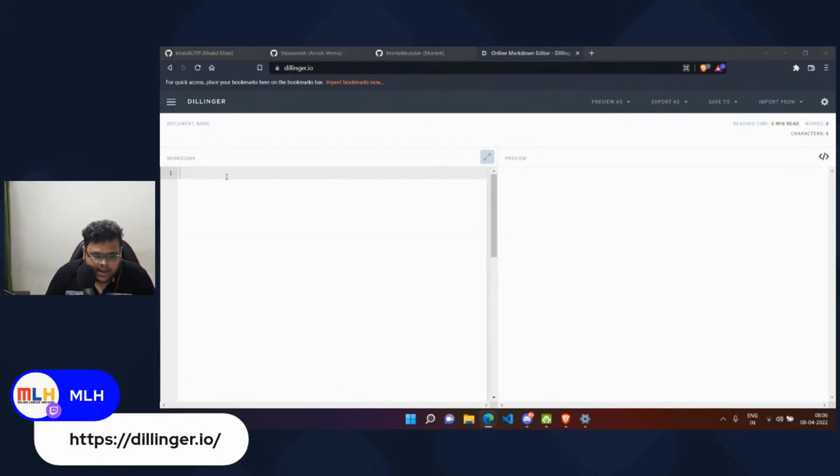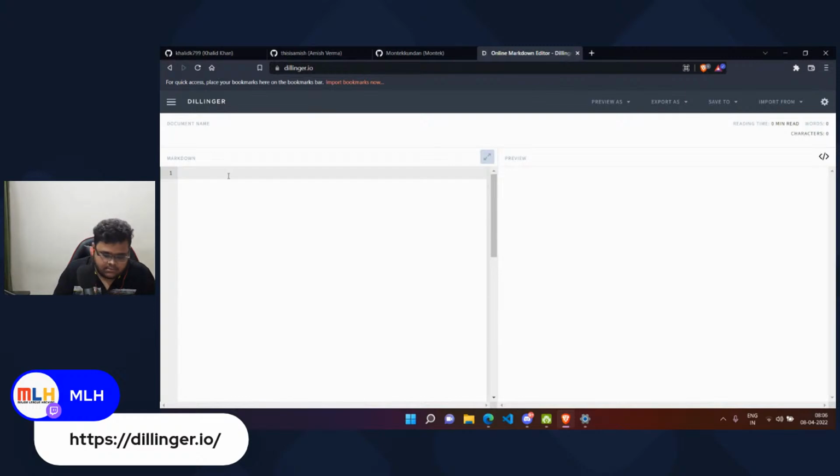So let's go and have a basic look at Markdown. For writing text, you just have to write the text in the Markdown editor. For example, I'll write "update your GitHub profile". For headings, we use the pound sign. So if you want to give h1, it will be a single pound sign. If you want to give h2, it will be